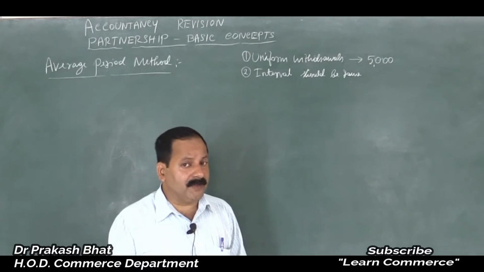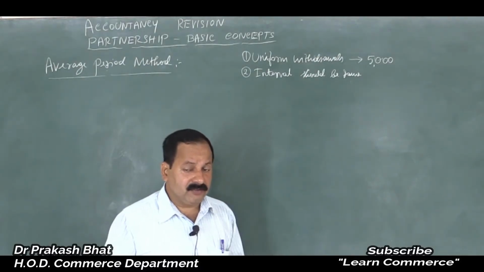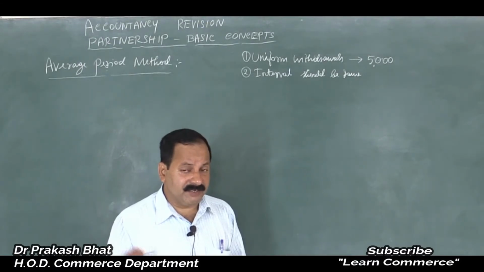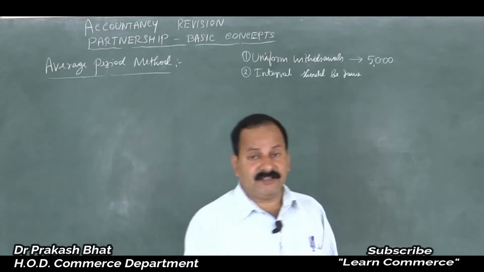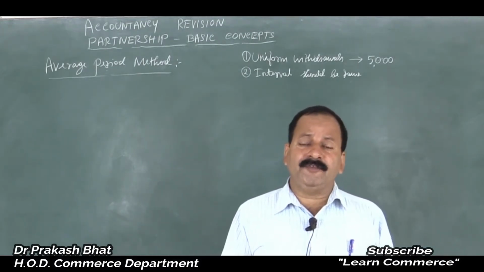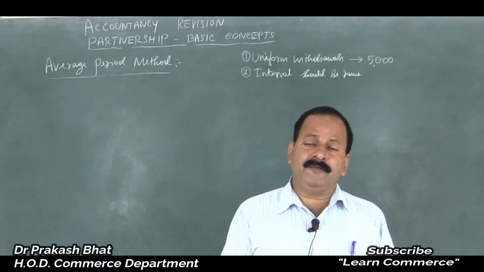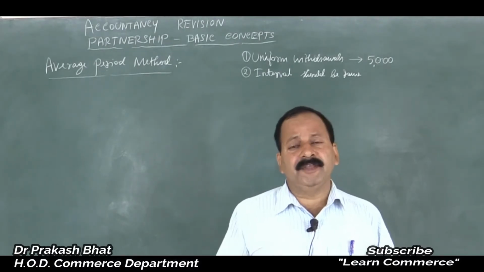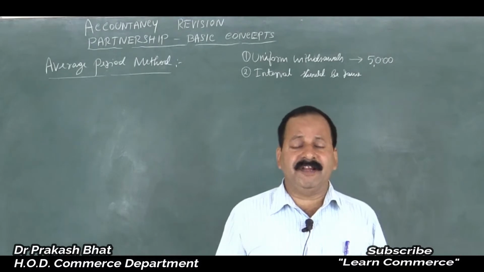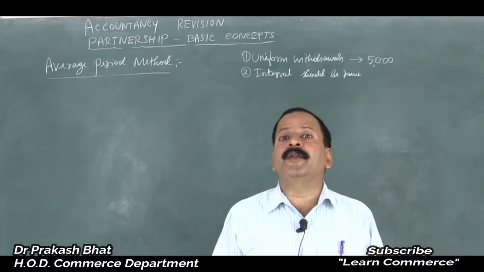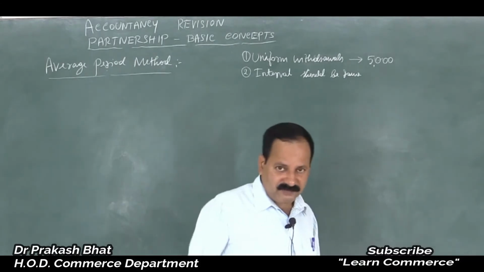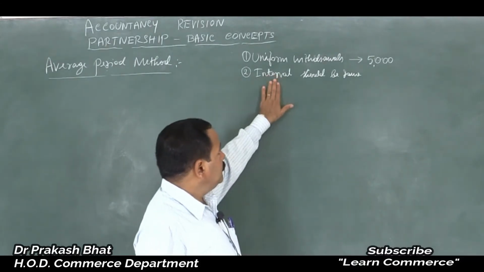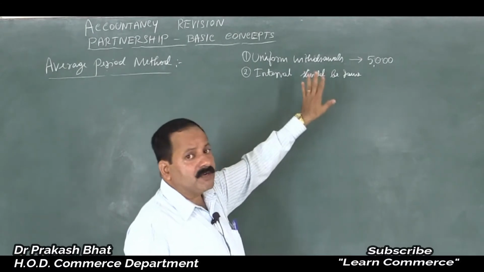Don't get confused with the closing dates, 31st, 28, 31, then again 30, 31, like that. End of the month means the end of this month and end of next month, the time gap is 1 month. We take it as 1 month. Don't count the number of days there, then you will get confused. So that is the first point to be noted here, and interval should be same. Those two conditions must be there.